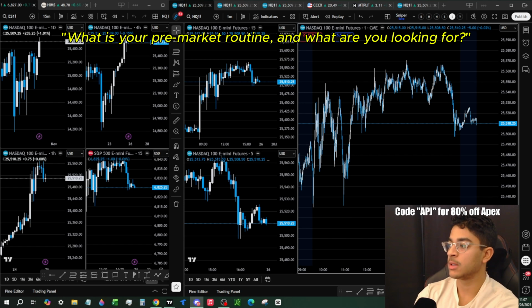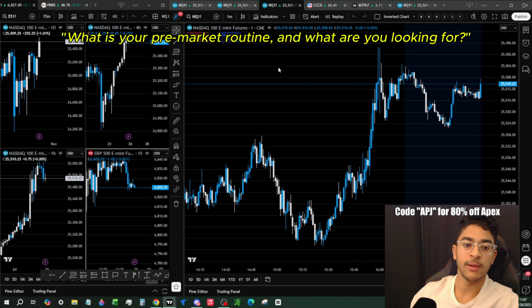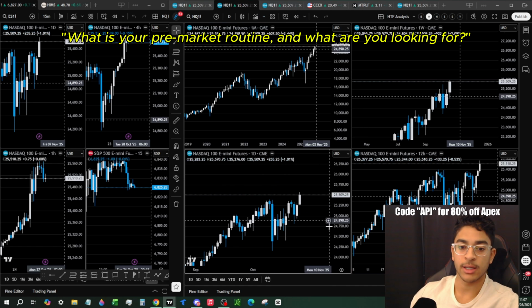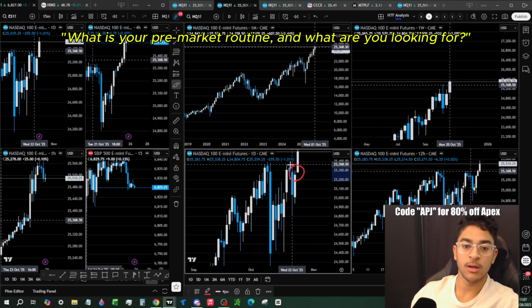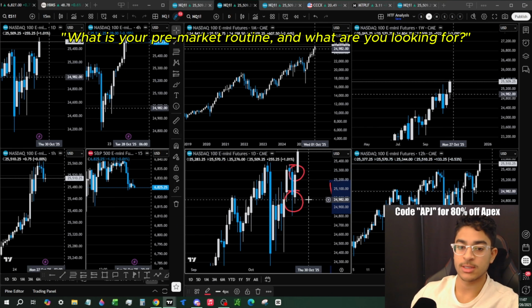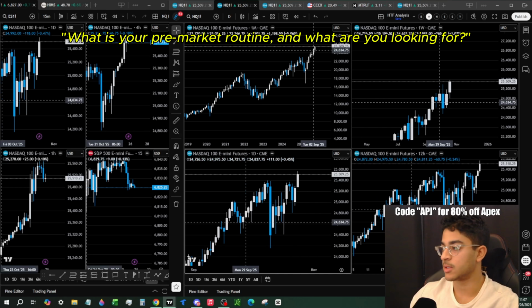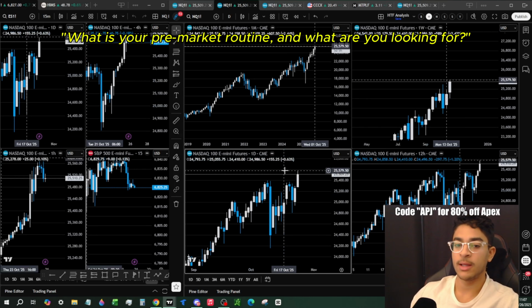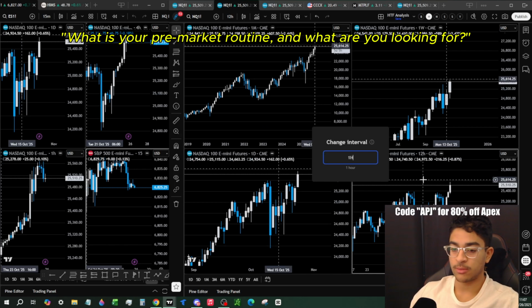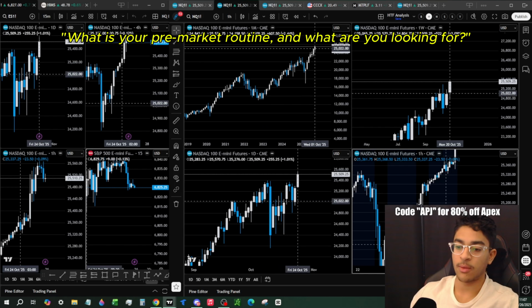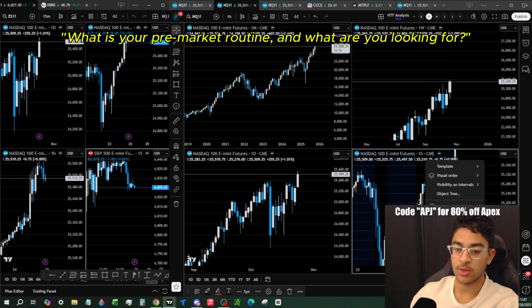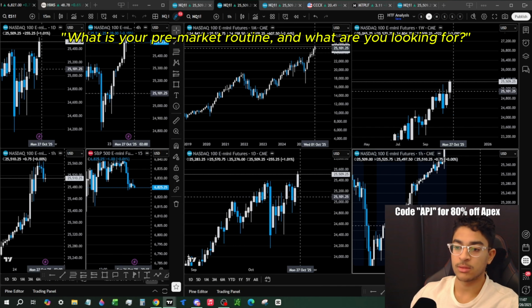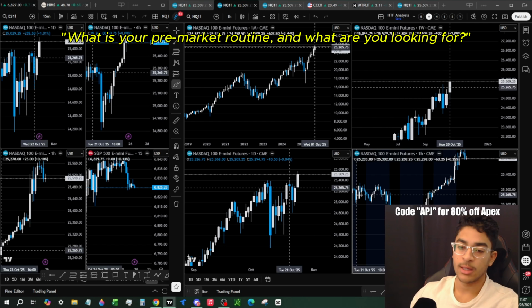And that also includes, you know, I'm looking at higher time frames. So I jump onto the daily and I annotate, is previous day high intact? Is previous day low intact? Right. So journaling that out just to see overnight, are we still an inside day? Did we break yesterday's high? Did we break yesterday's low? Et cetera, et cetera. And then I'm looking at intraday timeframes as well, right? Like the hourly, the 4-hour, and I'm looking at what fresh fair value gaps we have or what fair value gaps we're reacting to. And I'm showing all of this on my screen right now in case you guys did not see the live. But yeah, so I'm looking at liquidity, right?